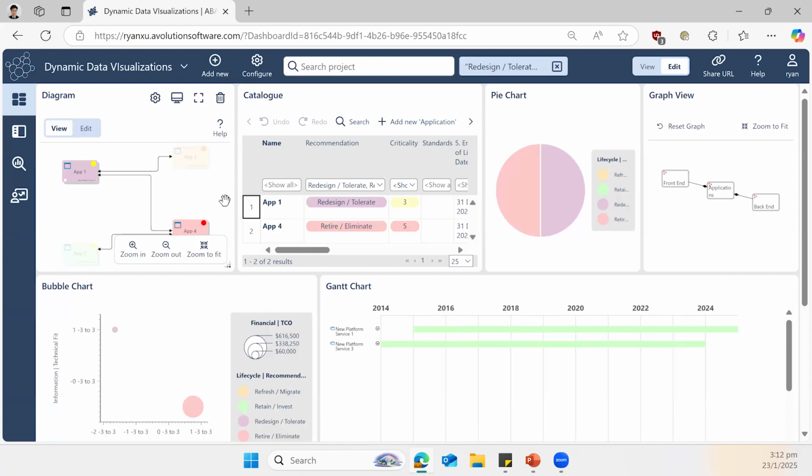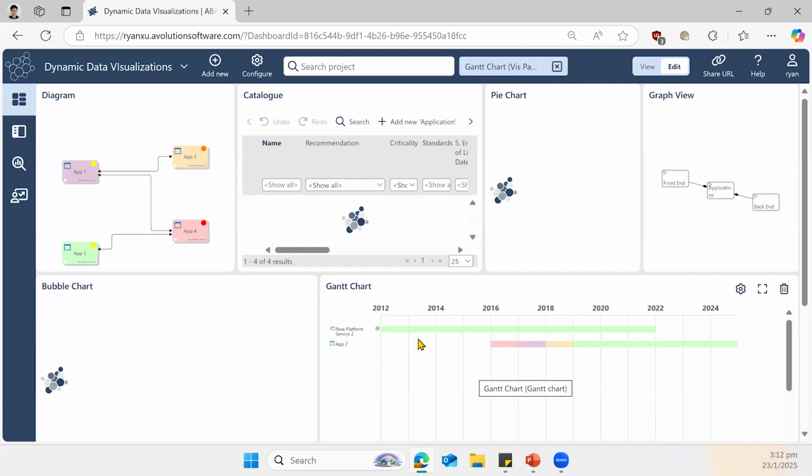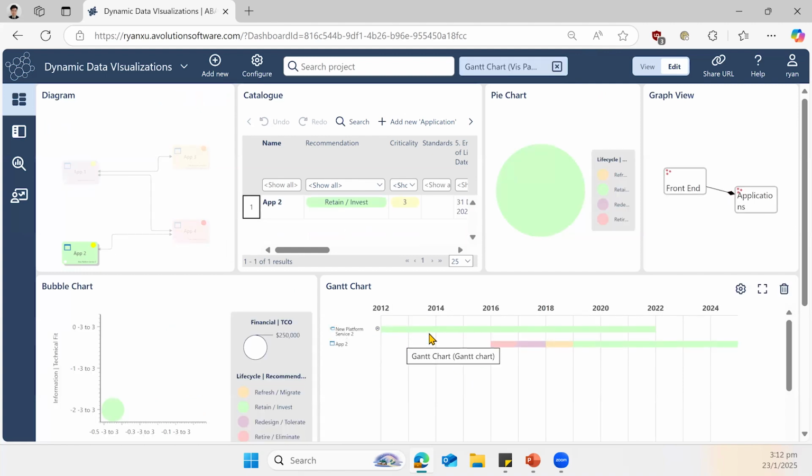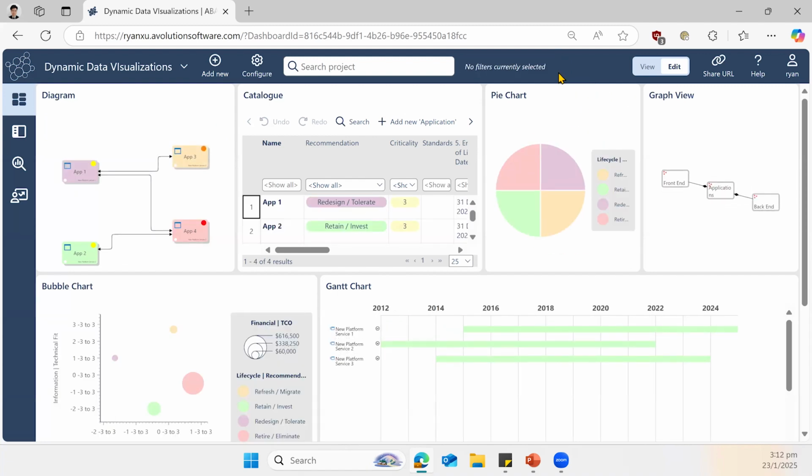So the applications satisfying such a property selection will be filtered out. And similarly, if I go to bubble chart or if I go to the Gantt chart, as you can see, only the application fitting the filter will be filtered out. So after understanding the basics about the interaction in Abacus, let's have a look how can we model strategy in